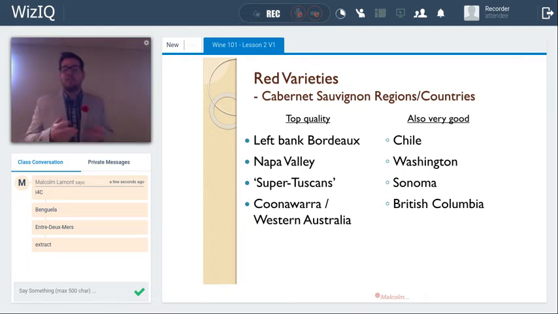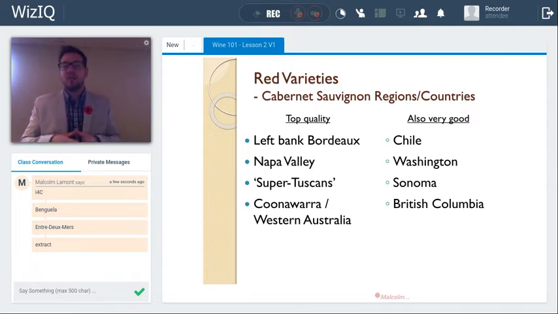And these represent some of the best Cabernet Sauvignon-based wines in the world, as well as 2 regions in Australia: Coonawarra in southern Australia, kind of between Melbourne and Adelaide, as well as Western Australia, just south of Perth, in Margaret River, producing some great quality Cabernet Sauvignon wines. Chile could be said to be kind of Bordeaux's second home, producing great Cabernet Sauvignon, Merlot, and other Bordeaux varieties. Washington State, again on the east side of the Cascades, producing some very high quality, good value Cabernet Sauvignon wines,